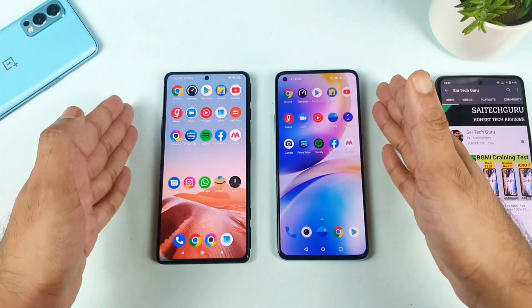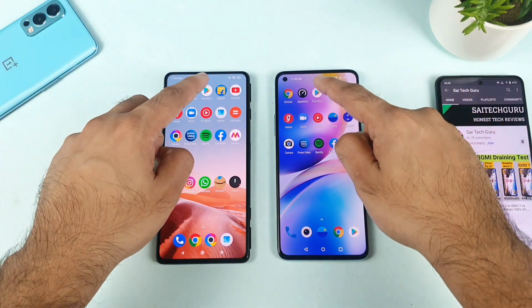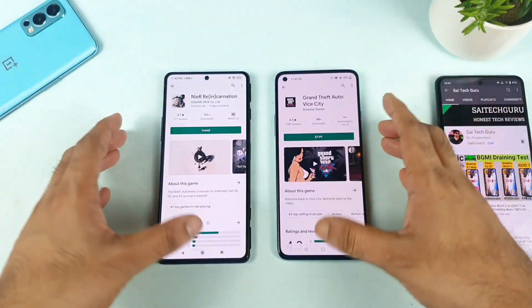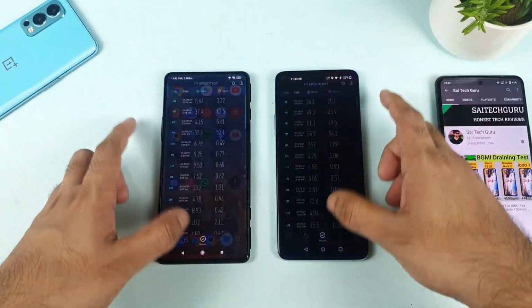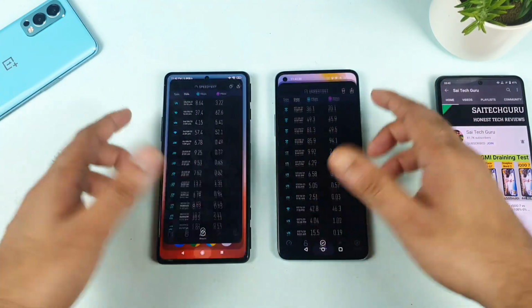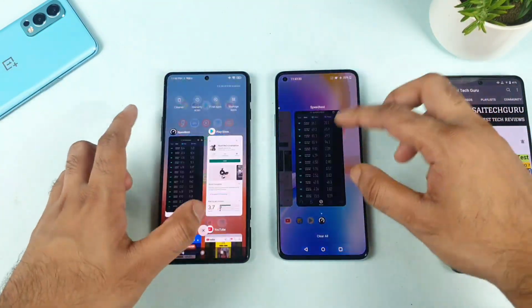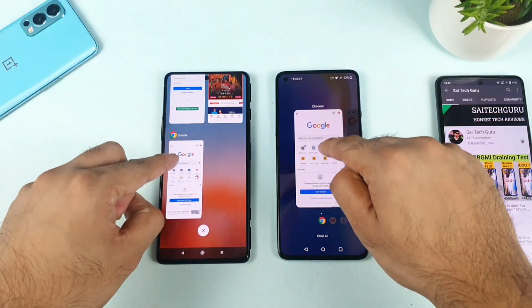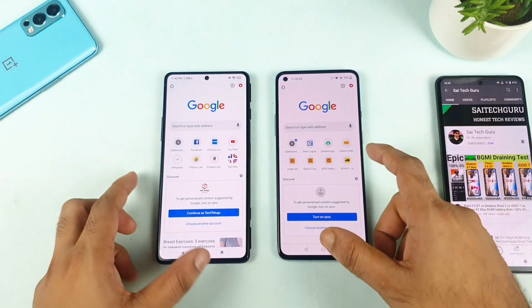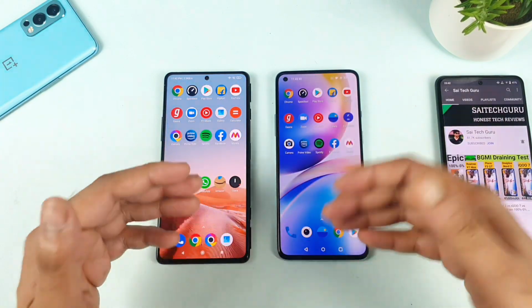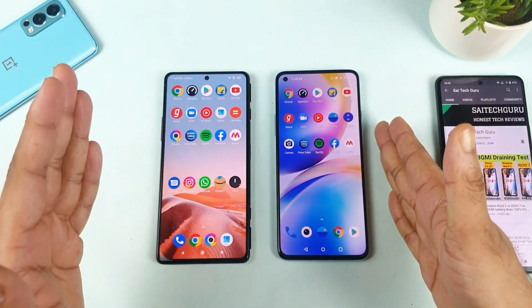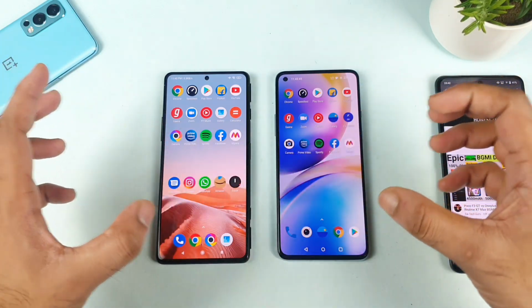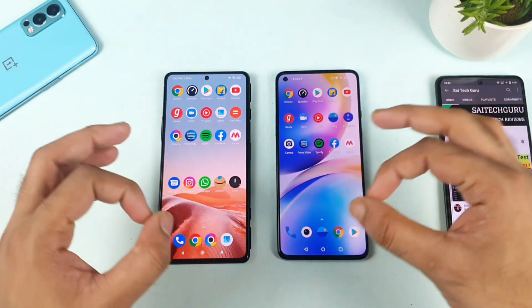As you can see, friends, I think close to 12 applications in both phones. Play Store, 13 applications, not bad. So 14, Speedtest. And finally, Chrome. Let me try to open it from the multitasking. So yes, 1, 2, 3. Finally, yes. So for 15 applications, it should not be a big issue on the OnePlus 8T or the POCO F3 GT. You should be able to easily handle 15 applications in the background without any problem